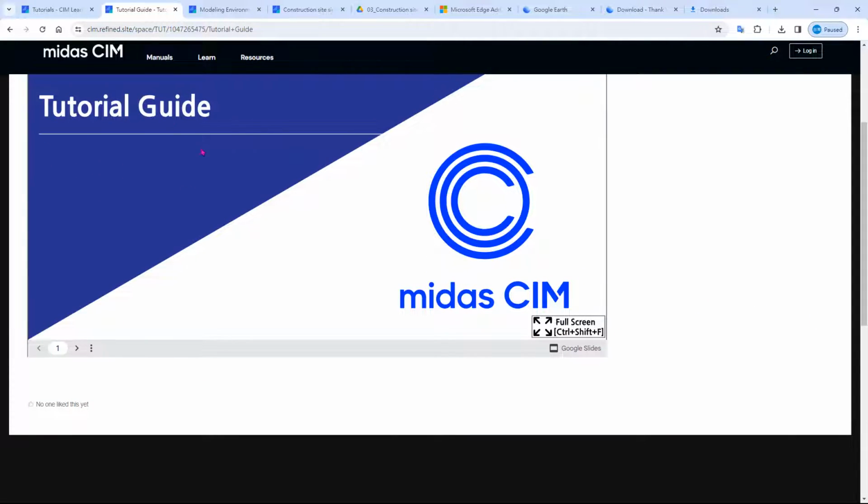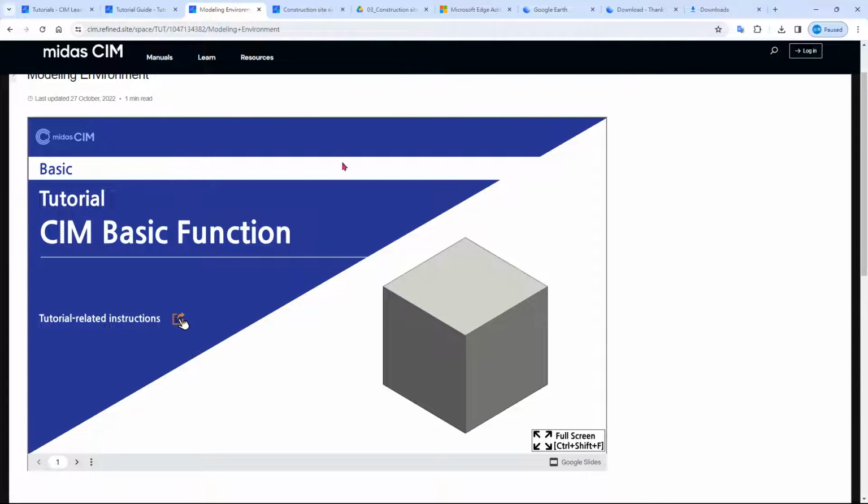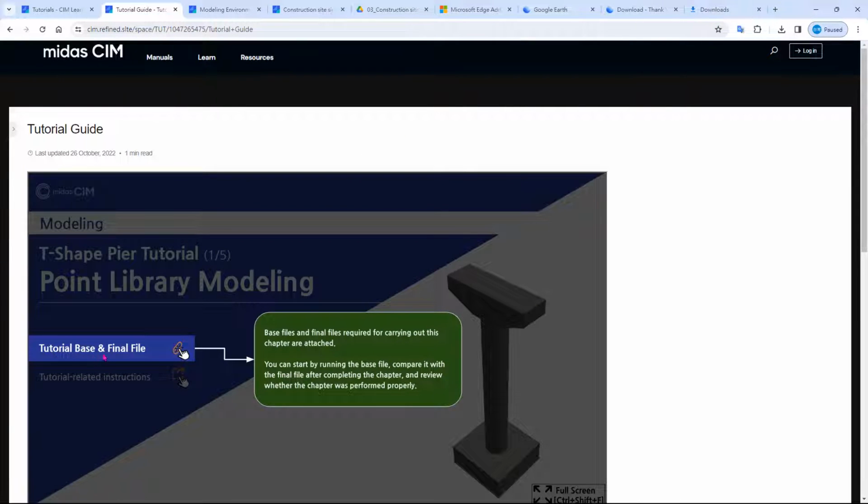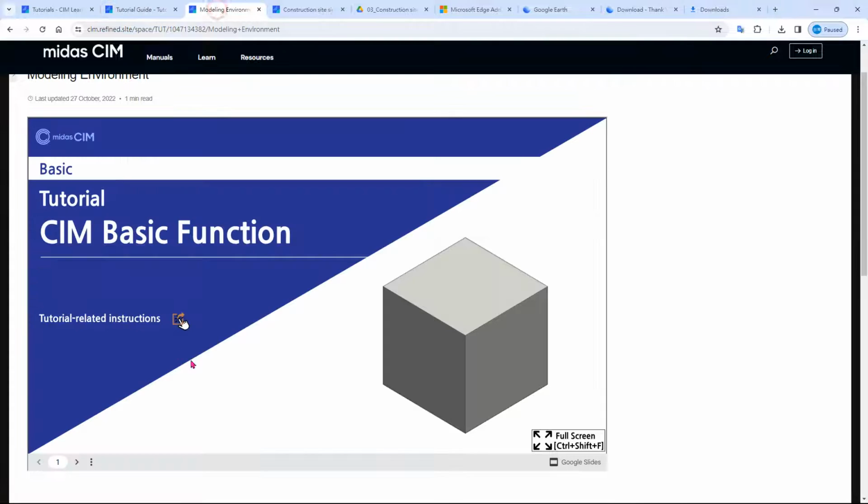So the essence of the tutorial guide is applicable to all of the tutorials in here. And why this does not have any base and model, like tutorial base and final file, is because this is just like an introduction of the